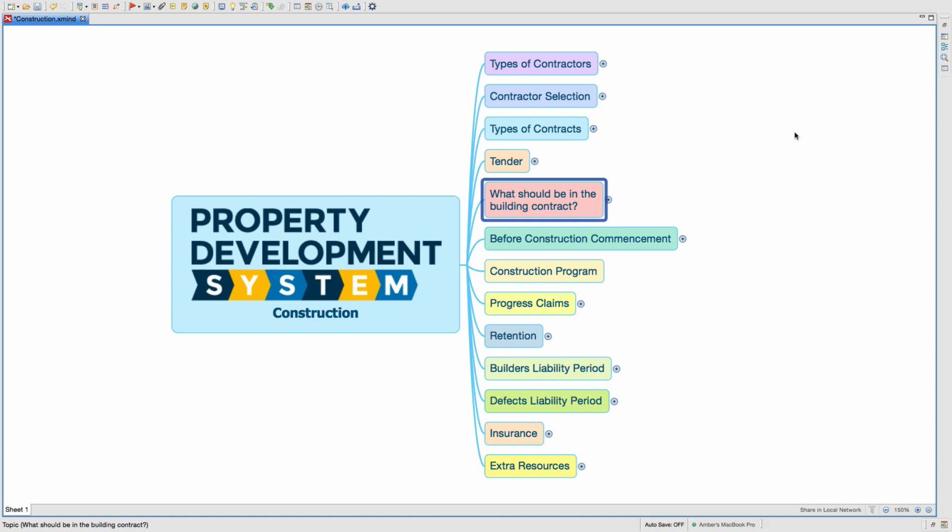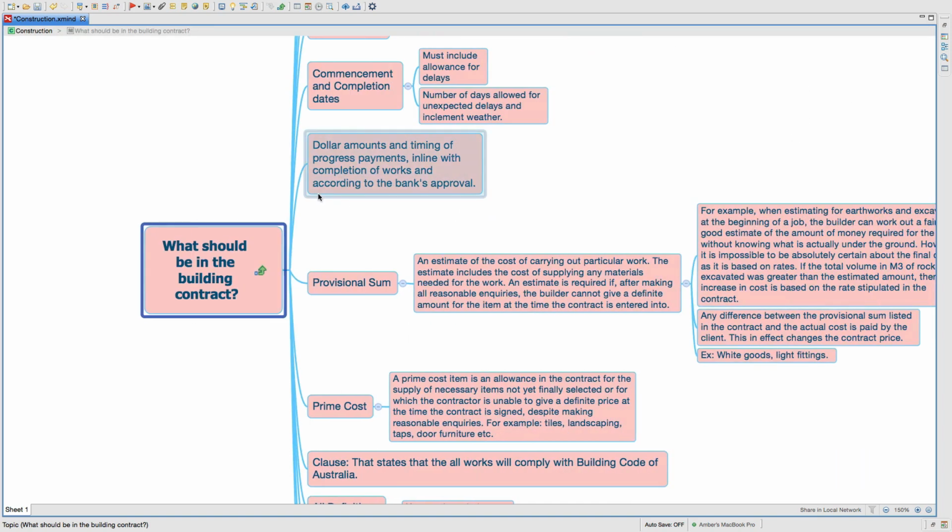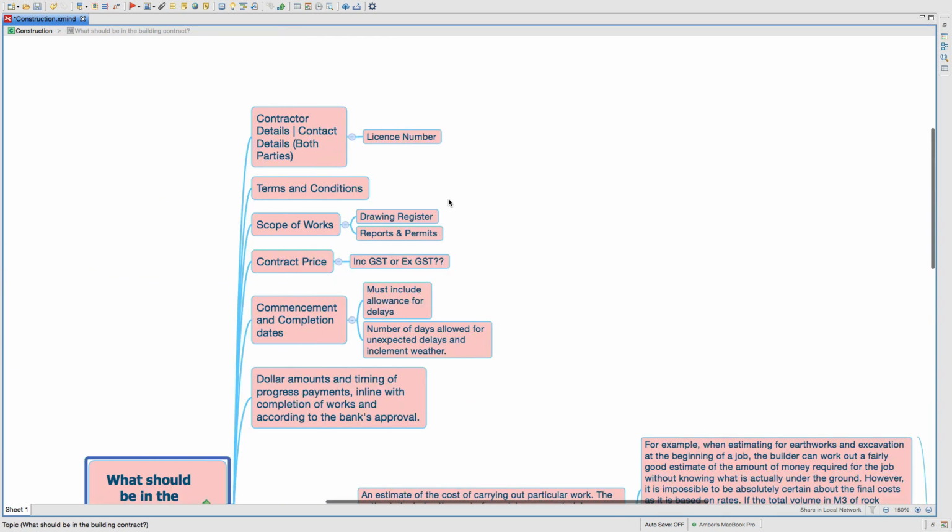What should be included in a building contract, or what should be in the building contract? Let's have a look at it. There are quite a few things that you've got to be careful and make sure that they are part of